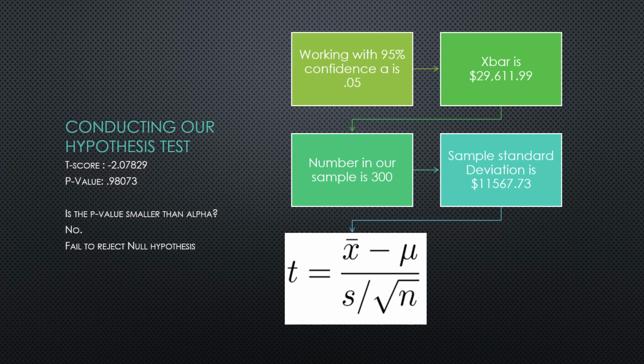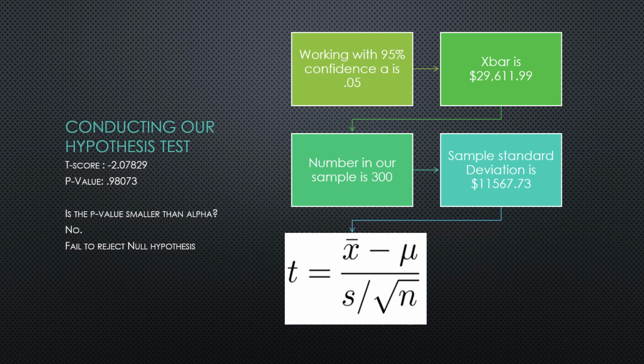So when we did that, the standard deviation, which means how much change we can really have, is $11,567.73. And all those numbers are important to lead us to this final formula that you'll see here,